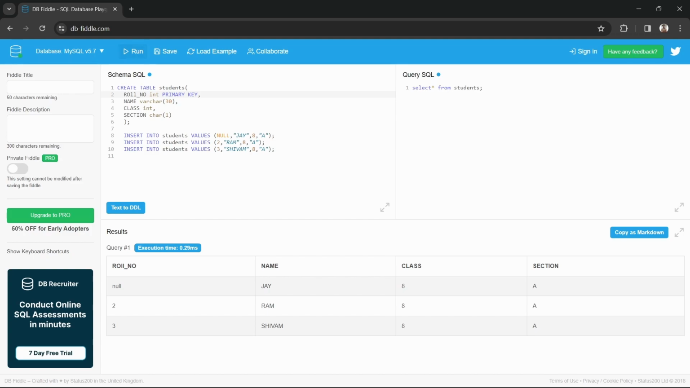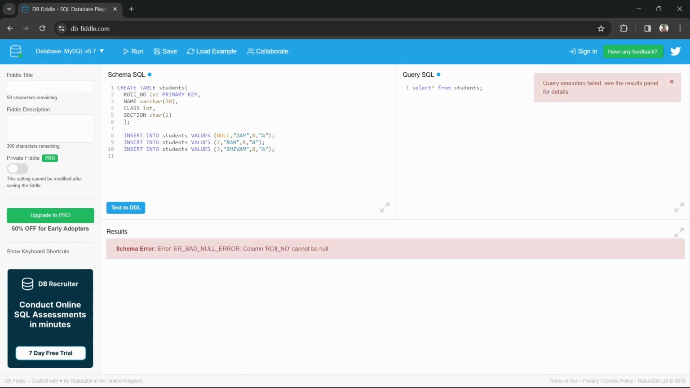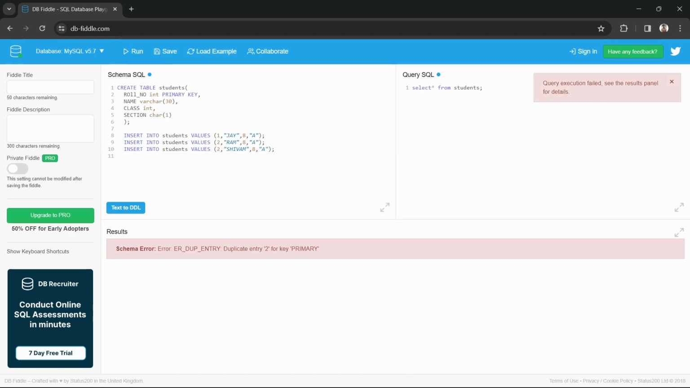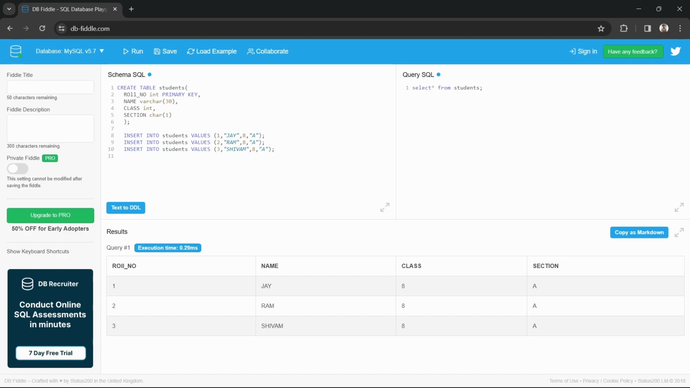Now if we try running it, it will throw an error because we have a null value here. Now, if I just change it to 1, you see, it will then return this value. Now, if you try to duplicate it, say let's write it 2 and then run, it will again throw an error because a primary key cannot be duplicate as well as cannot be null. Now let's correct it and then run again. This is how you can use the primary key constraint to make sure that a column is not null and